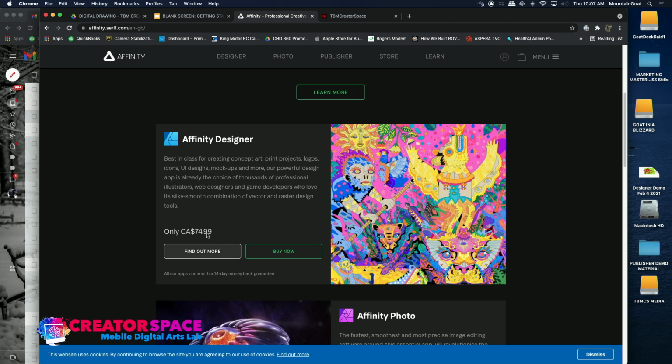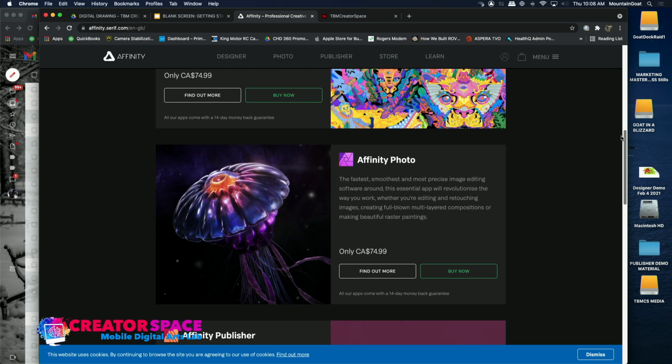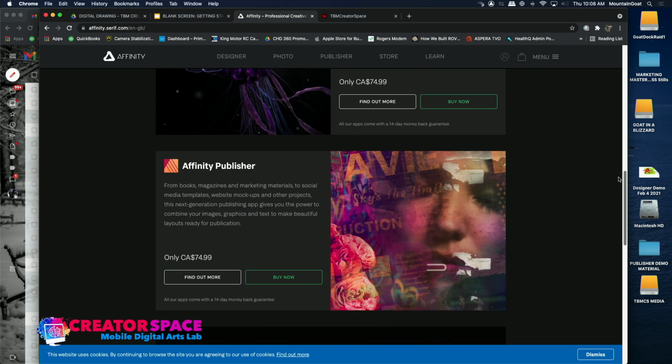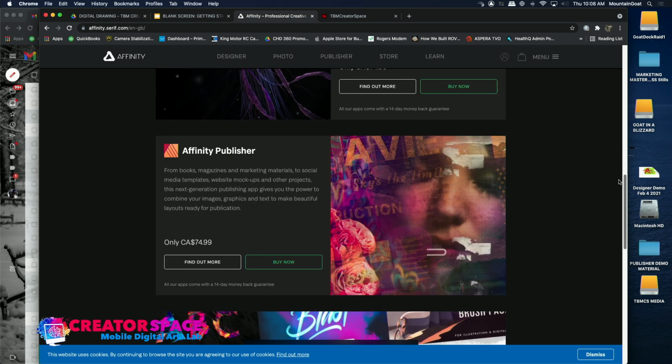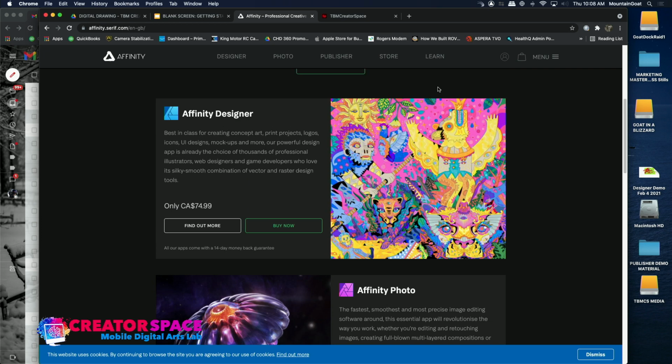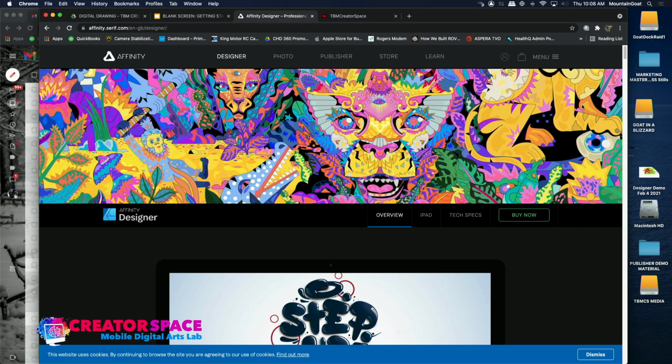Canadian, $75 one-time purchase fee. Sometimes it goes on sale, they have sales as well, so you can check that out. But again, a very great price point for a one-time fee. It has a 30-day trial as well. So there are a lot of great features of what you can do. If we go to find out more, they have a really good